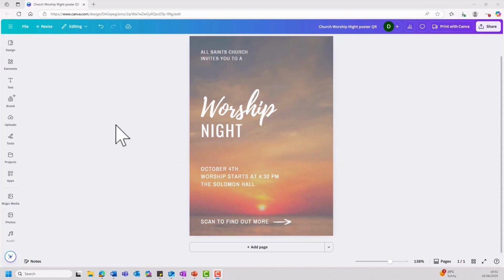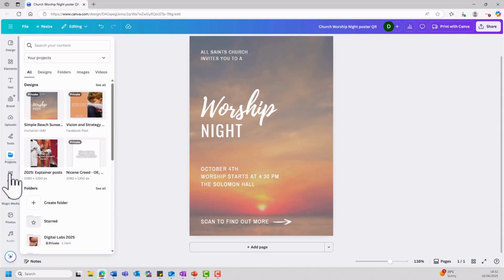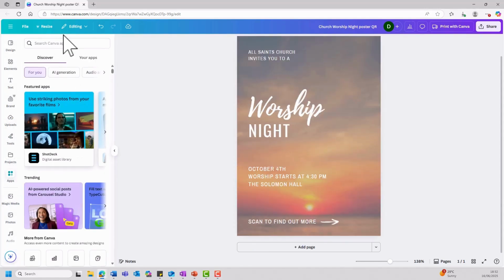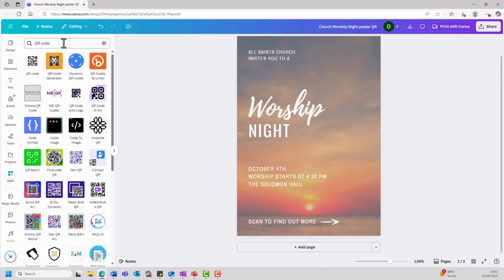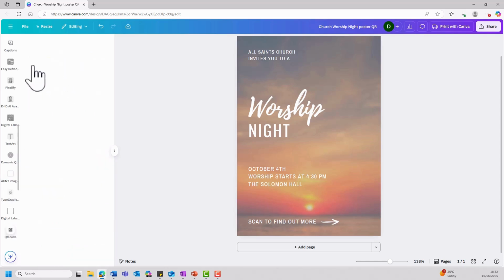To add a QR code we need to go to apps, so we go to our side menu and click on apps, and then we're going to search for QR code. There are various QR code apps for you to look at, but the simplest is Canva's own QR code app, simply called QR code. If we click on that, it has a section for us to add a URL, so we can add an example URL, for example